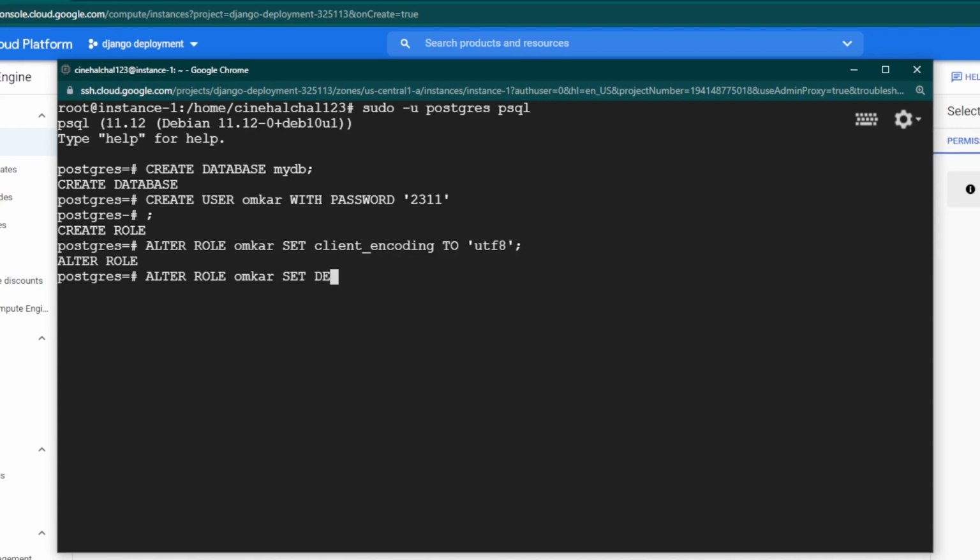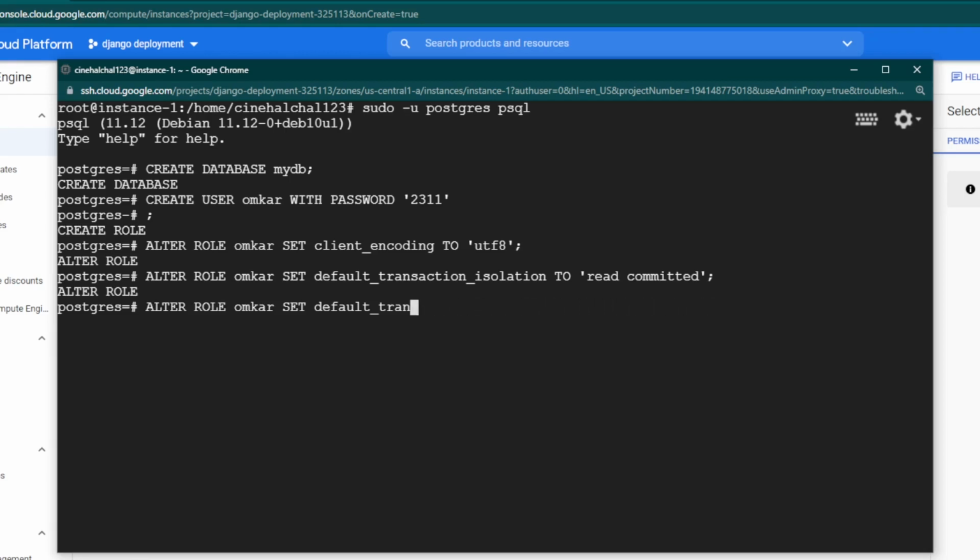SET default_transaction_isolation, it's better if you write in small letters, TO 'read committed' and semicolon. Altered the role, and now we need to set the time zone to UTC. SET timezone TO 'UTC'.